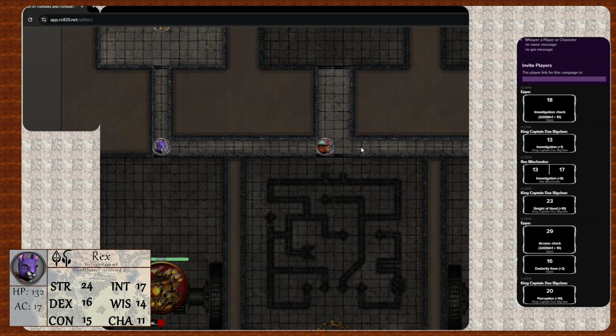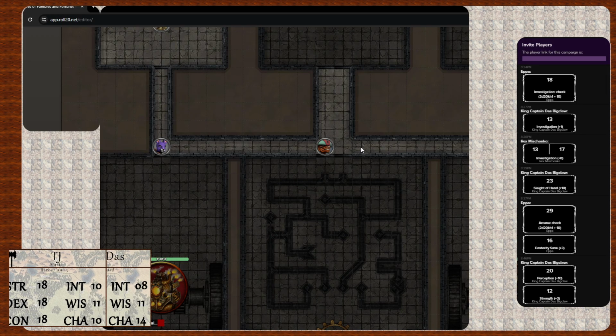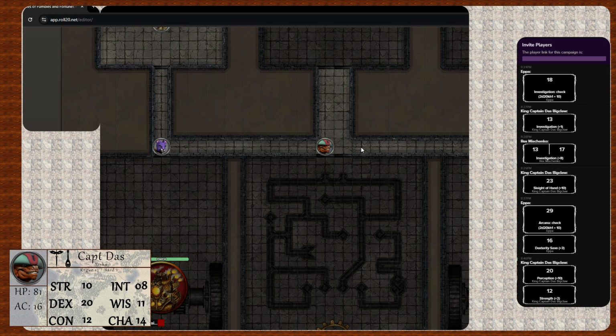I will try and move the bars. It'll be funny if Das managed to break the bars with a nat 20 or something. Just because. Okay, it's a 12, so no, he doesn't break doors. Rex, you look down the corridor to see Das hanging onto some bar, full on trying to Looney Tune it free from a door. And not really succeeding, and now he's stuck under the bar he's trying to pull.